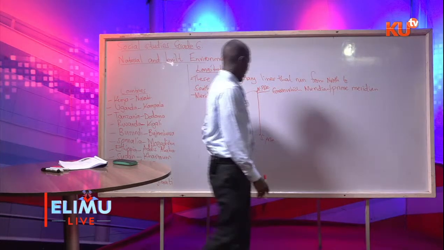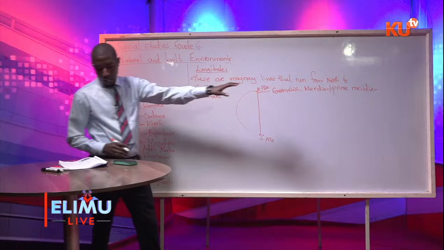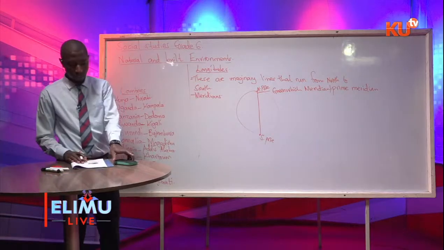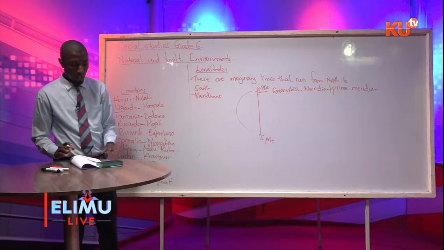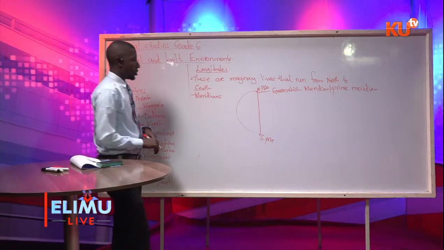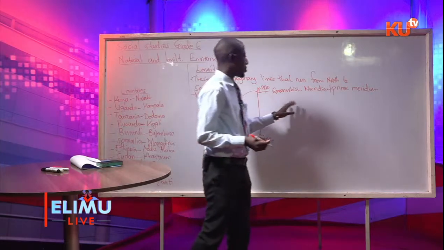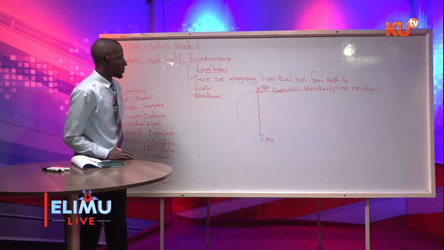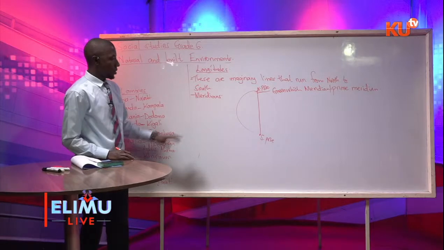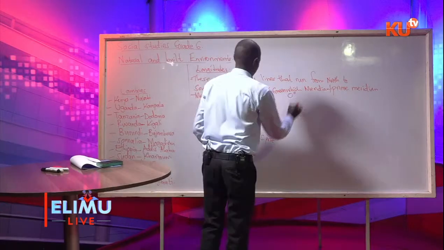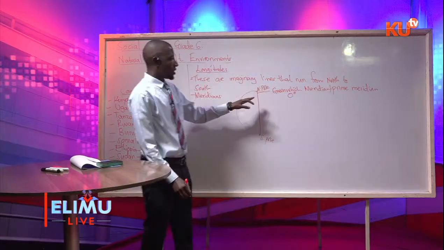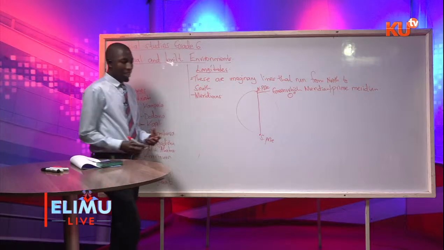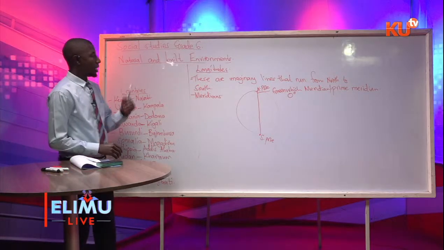So that is a major line of longitude right there. There are, of course, other lines of longitude, which I'm not going to go into detail on, just like the latitudes. So the Greenwich is at 0 degrees, and it runs from north to south. What are then the differences between latitudes